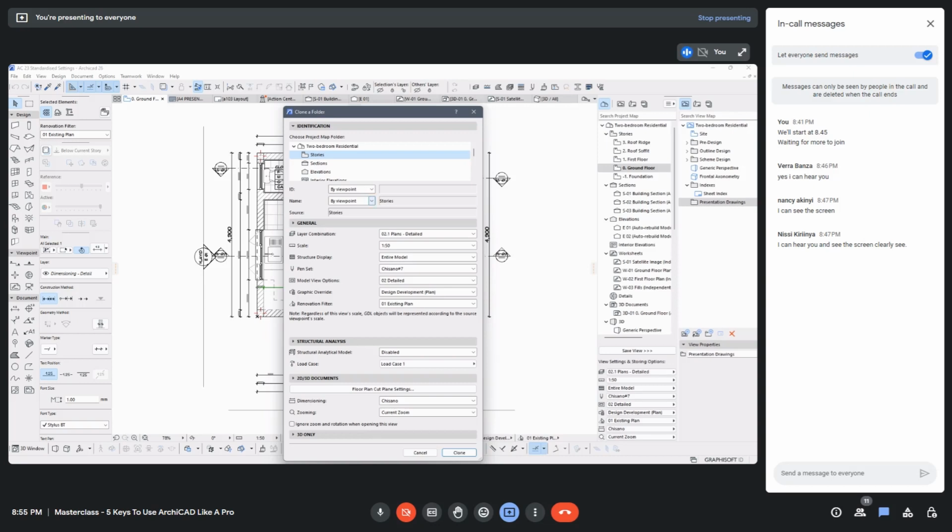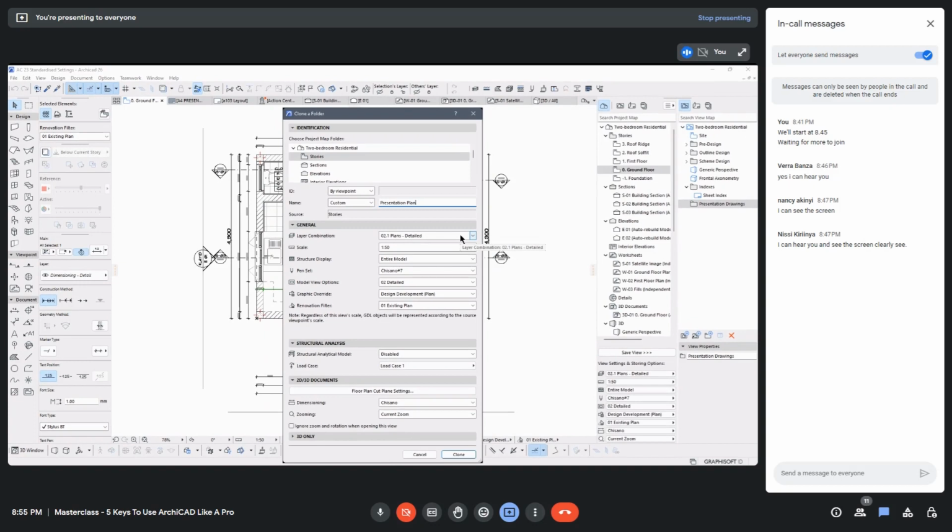And the next one is the name. I can choose to use the name here, stories, or let me create a different one. Instead of using stories, let me call it presentation plan. And now here is where ArchiCAD starts becoming powerful. I have a few general settings here. Number one, it asks me what layer combination do I want to use. I already have preset layer combinations. What layer combinations essentially do is that